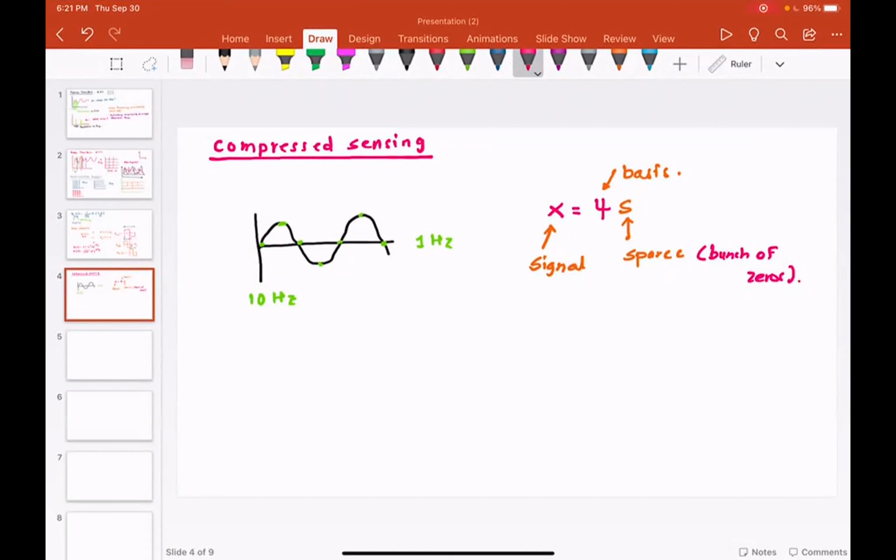In the last class, I gave you an idea: you have an image. Even if it's a 1 megapixel image, think about it, you are dealing with 1 million pixels. That is a large data.